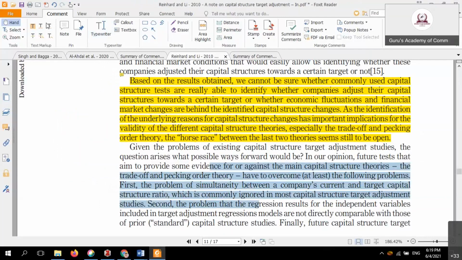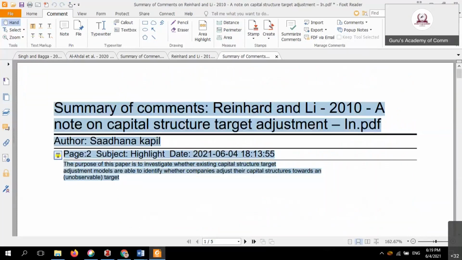That is called giving the highlights, and the sticky note. The sticky note is always covered for the commenting portion. If you convert it into comments, it is properly done. That is how to convert our PDF into Word. That is called the sticky note concept.